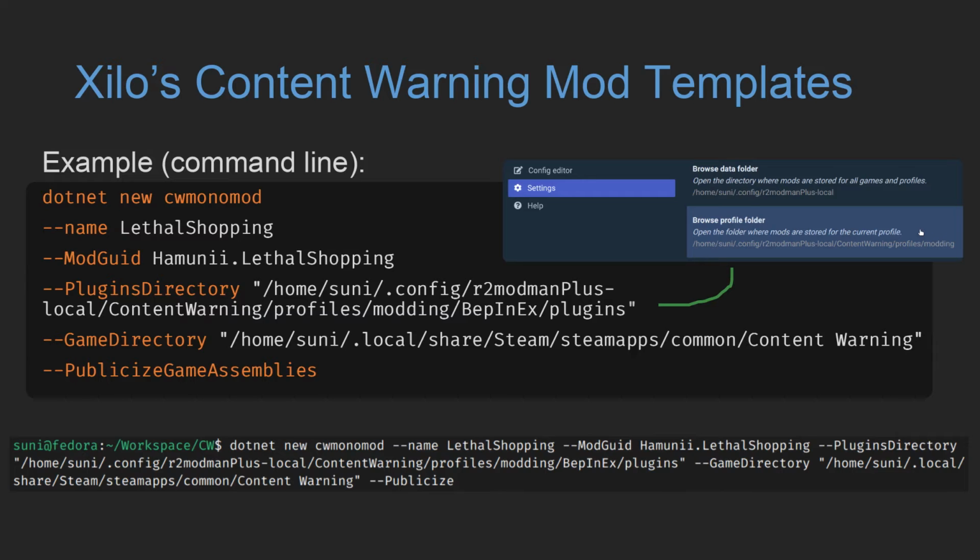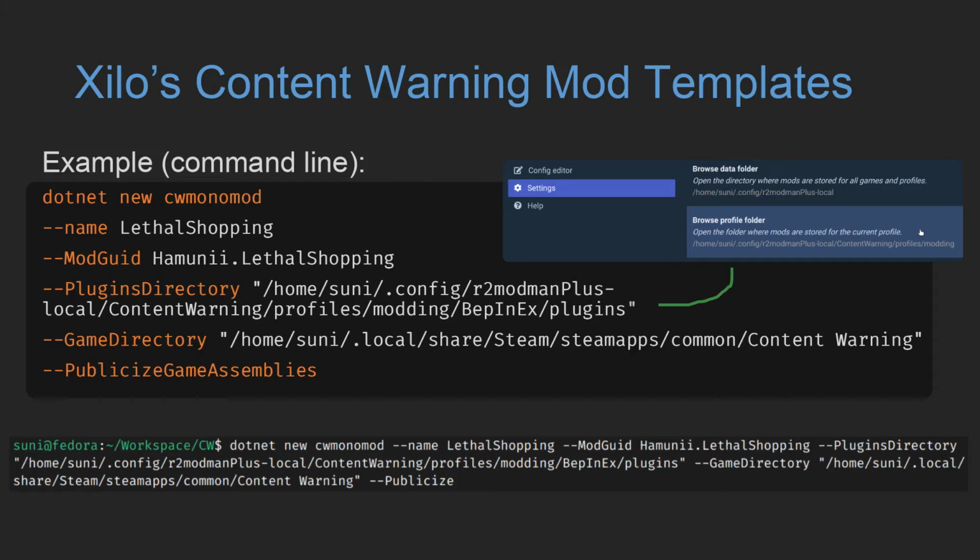While this is not needed because the project falls back to a NuGet package containing stripped game assemblies, this will allow us to see the actual decompiled code when, for example, we control-click a method in our IDE. The publicize game assemblies option will make it as if the private and the internal stuff were public, so we don't have to use reflection to access those. This will make our lives a bit easier.